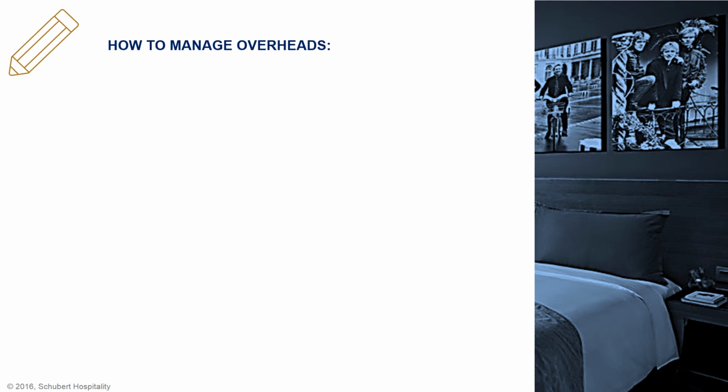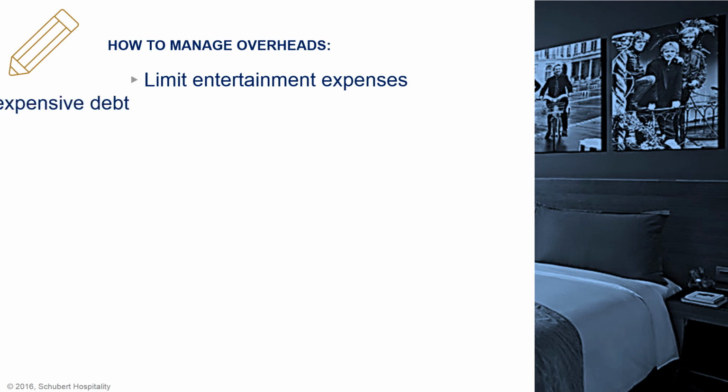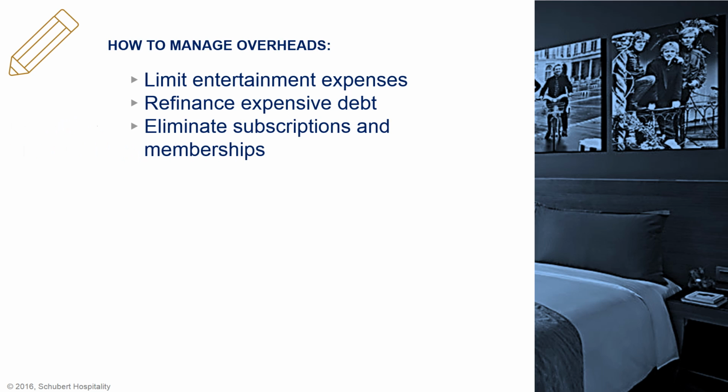There are various ways a hotel can manage overheads, namely by limiting entertainment expenses such as staff lunches, management parties, and drinks for marketing activities, by refinancing debt if possible, or at least working out a cost-effective but strict payment plan that is adhered to, by eliminating unnecessary subscriptions and memberships that do not add value to the hotel's business,